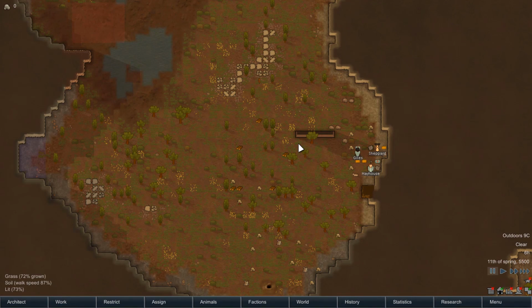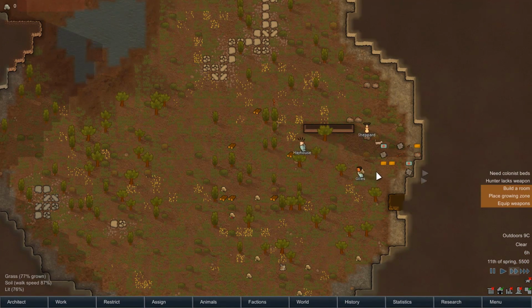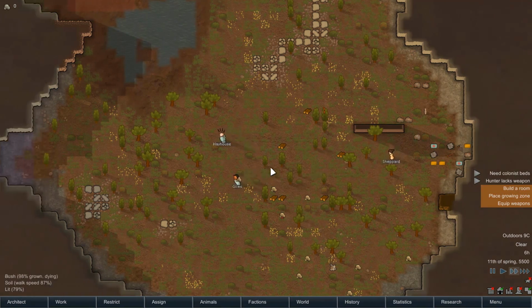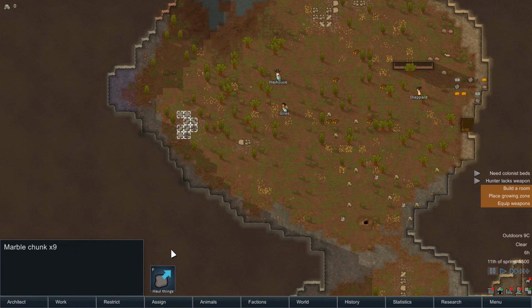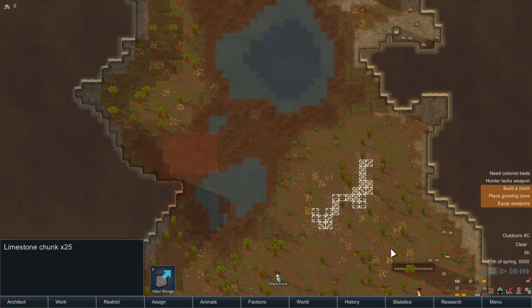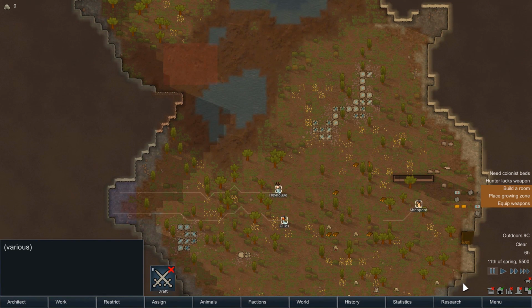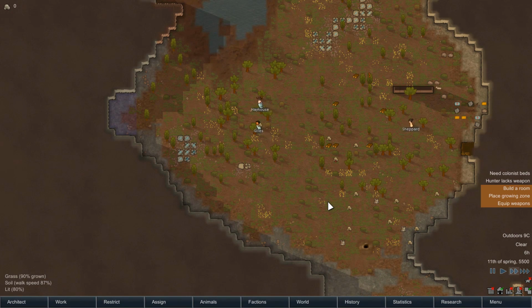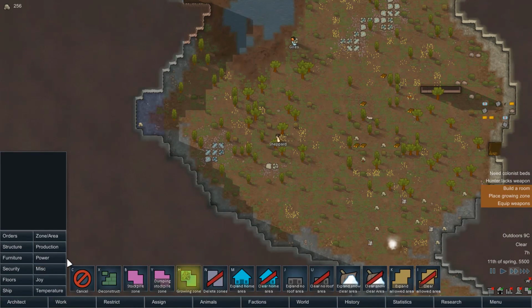But let's actually get time going. Let's just kind of see what these guys do. Alright, the first idea is to build a room. That would make sense. So where do we want to move stuff? Let's, I guess, move these rocks. If there's anything to haul, we can haul it. Alright. Let's just let these guys do their thing. Actually, while they're doing their thing...